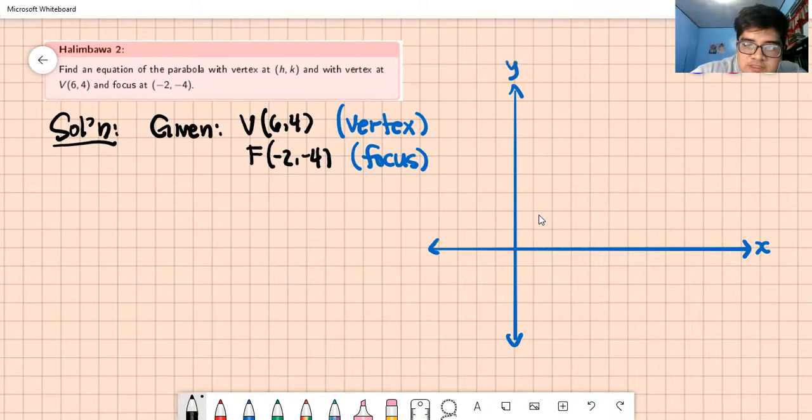Okay, so ano yan? 6, 4. 1, 2, 3, 4, 5, 6. Lagyan mo na 6. 4, 1, 2, 3, 4. This is 4. So this is the vertex 6, 4. And the focus is -2,